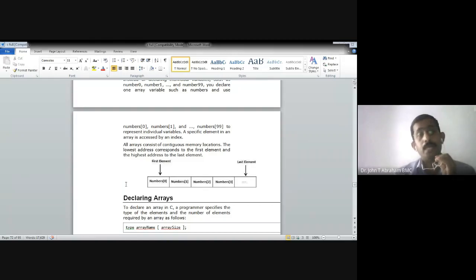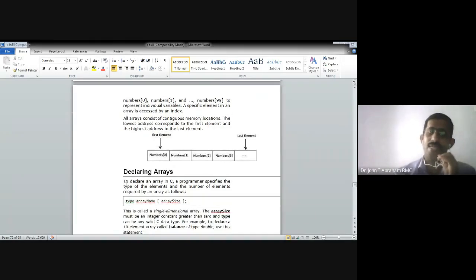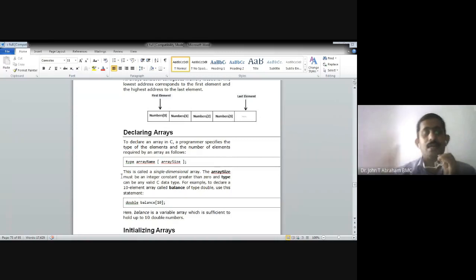Now we have to declare the arrays. How can we declare an array? Just as we declare variables like int A or int B, we declare it in a similar way. That means type, then array name, then array size. How many elements should be in that array is represented by the array size.